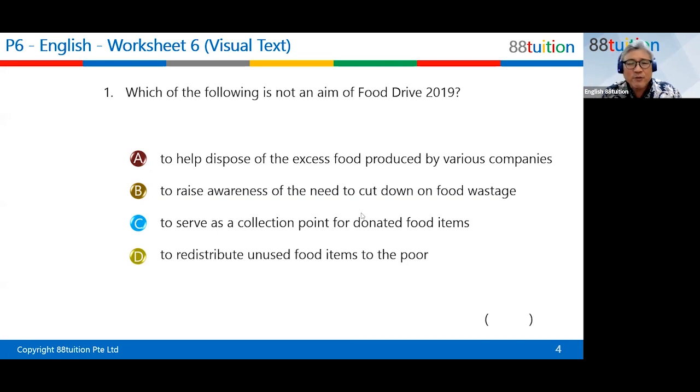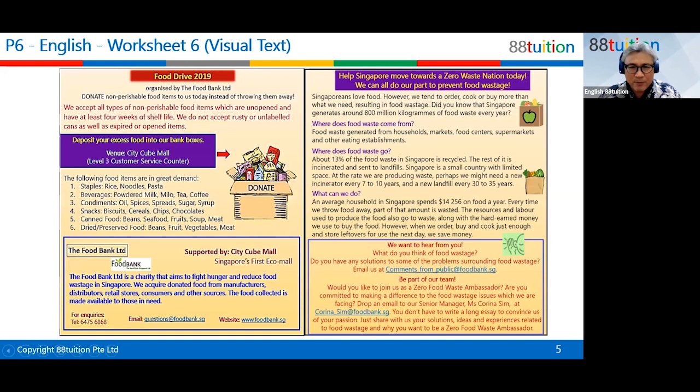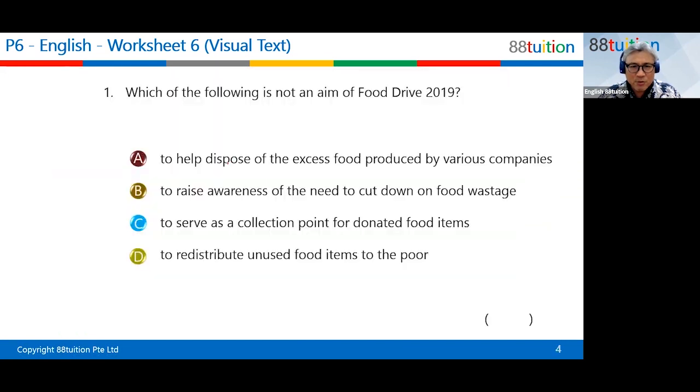All right. So which of the following is not an aim of Food Drive 2019? To help dispose of excess food, right? So what is the keyword here? Dispose. To raise awareness, to serve, to redistribute.